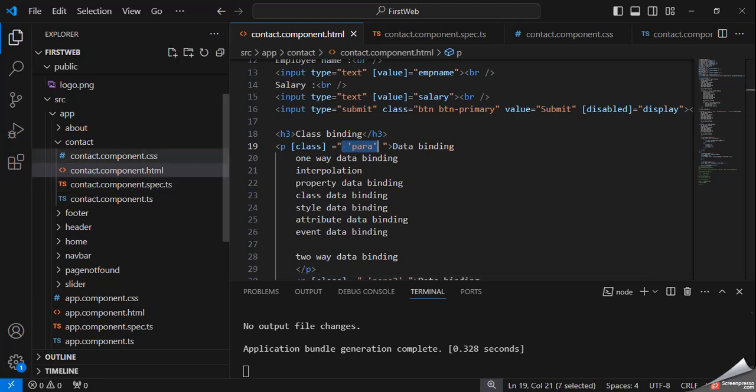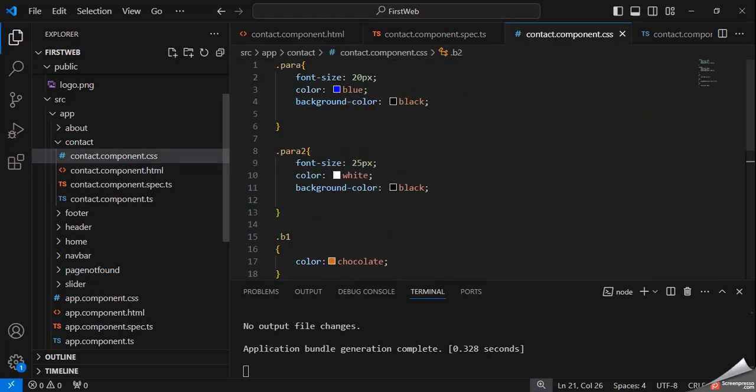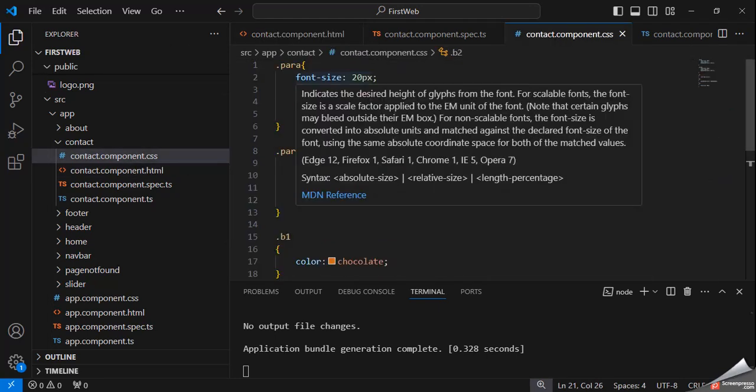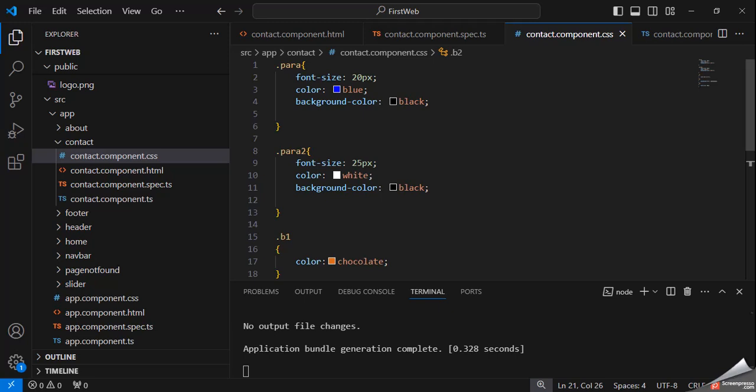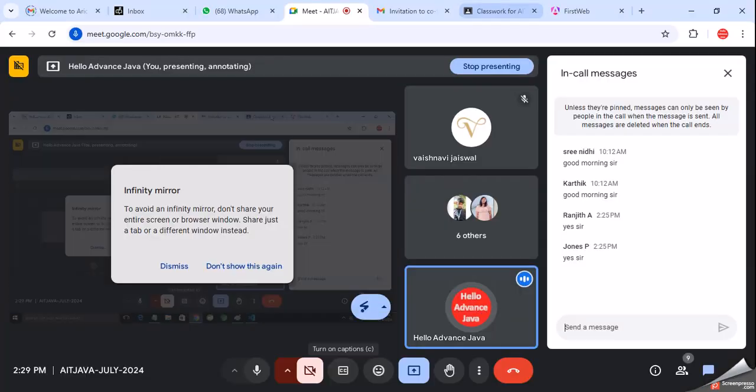So you can see here, suppose this is para, and para declares font size 20, color blue, and background color black. Suppose you want to execute it, you can see this.